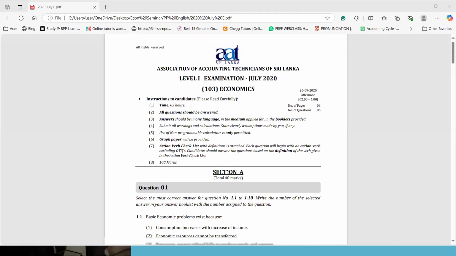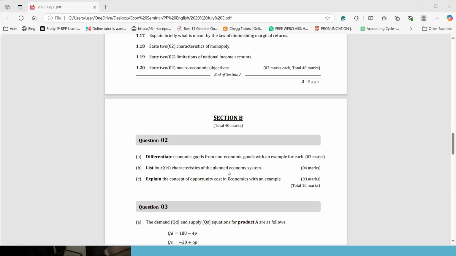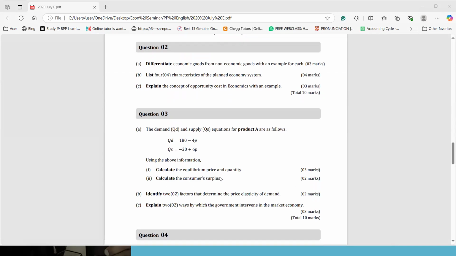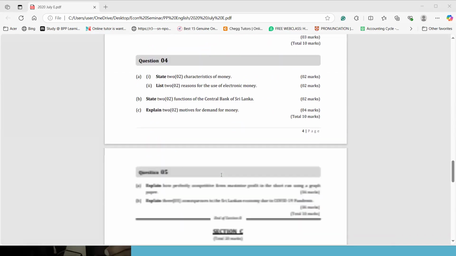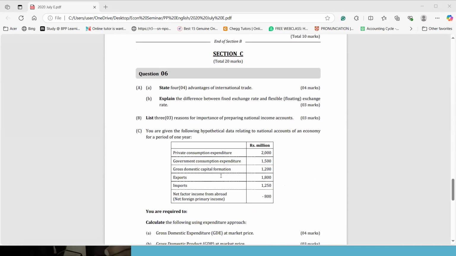(2020) paper, July. Question number 5. Now, question number 6. State 4 advantages of international trade. Explain the difference between fixed exchange rate and flexible or floating exchange rate. Remember, my students, flexible, floating,